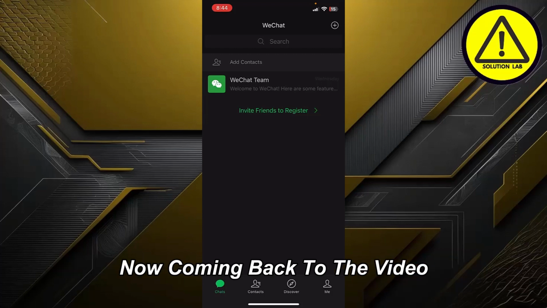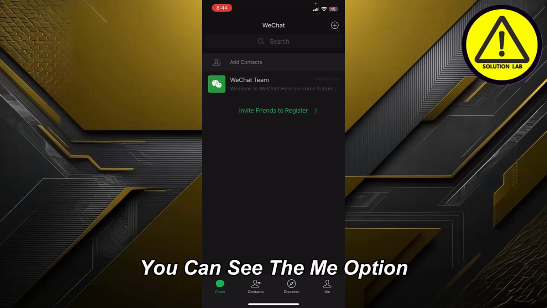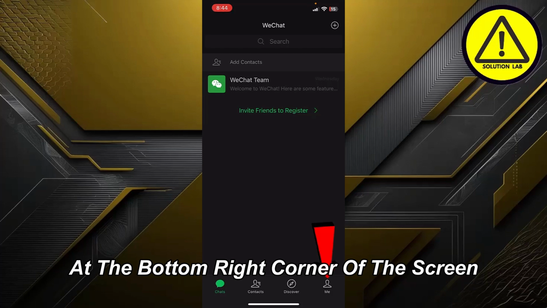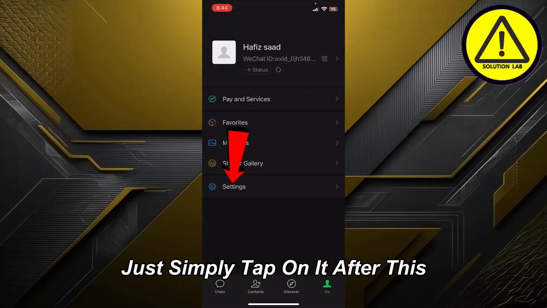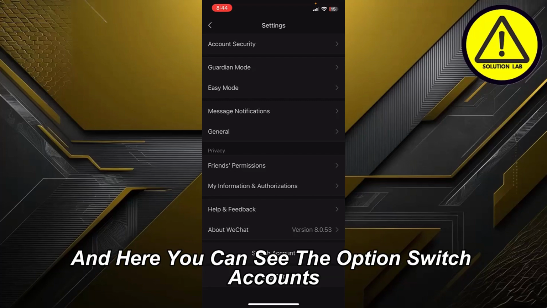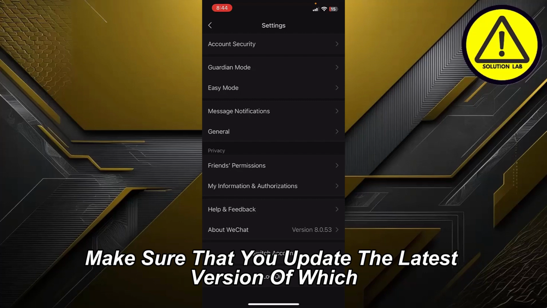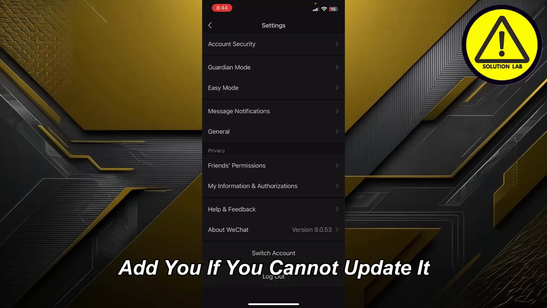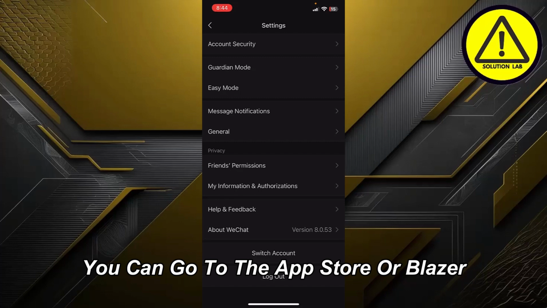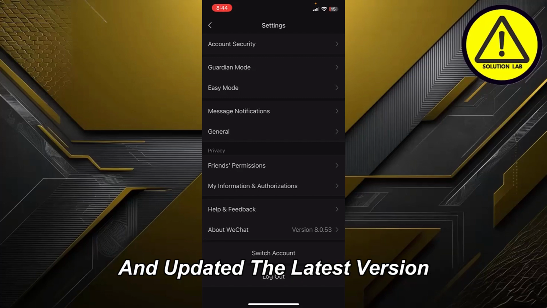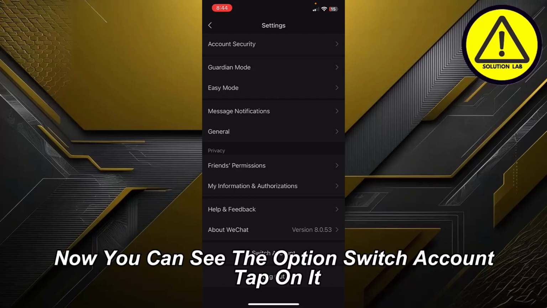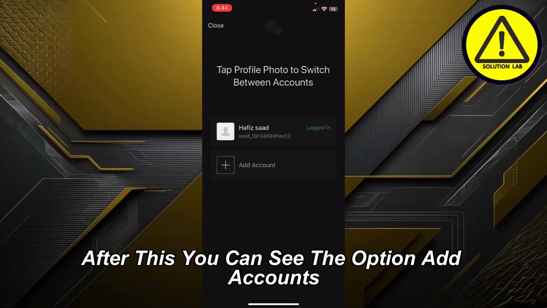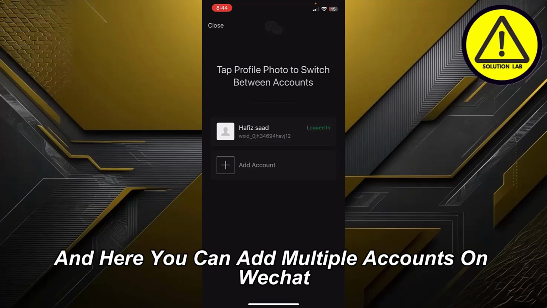Now coming back to the video, you can see the Me option at the bottom right corner of the screen. Just simply tap on it. After this, you can go to the settings and here you can see the option Switch Accounts. First, make sure that you update to the latest version of WeChat. If you cannot update it, you can go to the App Store or Play Store and update it to the latest version. Now you can see the option Switch Account. Tap on it. After this, you can see the option Add Account